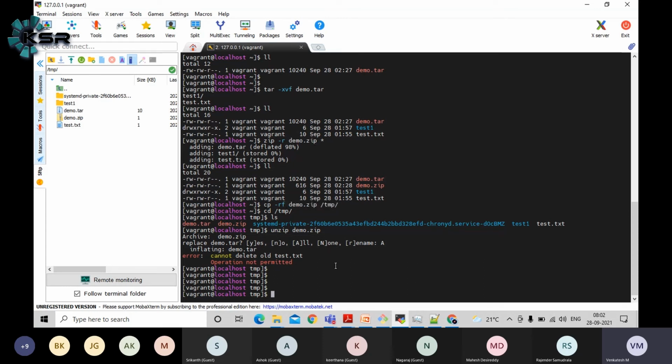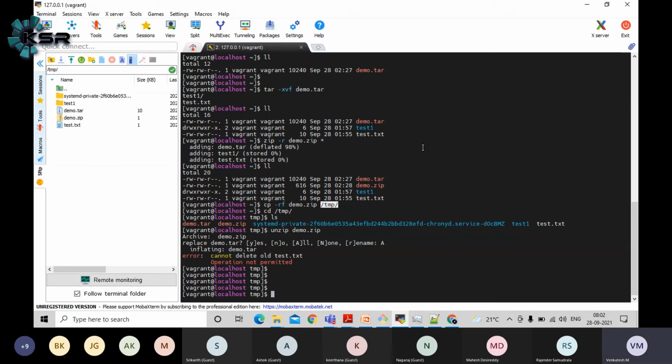Okay, simple. In case of R for recursively, if you want to copy any folder completely, you can use it. But if you want to copy just the zip file directly, you can use plain CP also, guys. That is how it will work out. But when you want to do folder to folder operations, we need to use the minus RF. That's it.